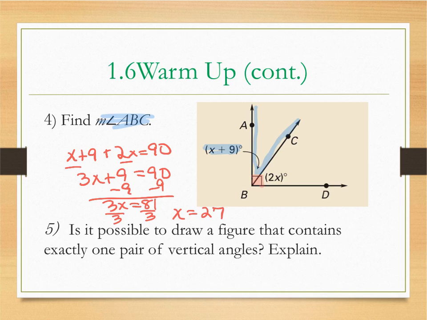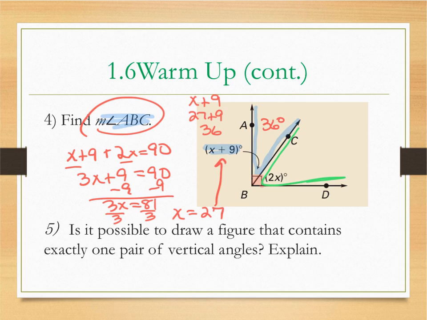Again, it did not ask for x. It wanted ABC. So now I'm going to plug 27 into x plus 9. 27 plus 9 is 36. Now, if the question also asked to find CBD, then I would take my x value, times it by 2, and get 54. And again, how you could check this is make sure that 36 plus 54 adds up to be 90 degrees,